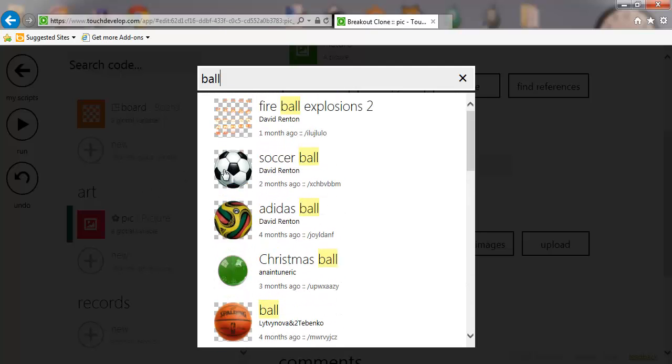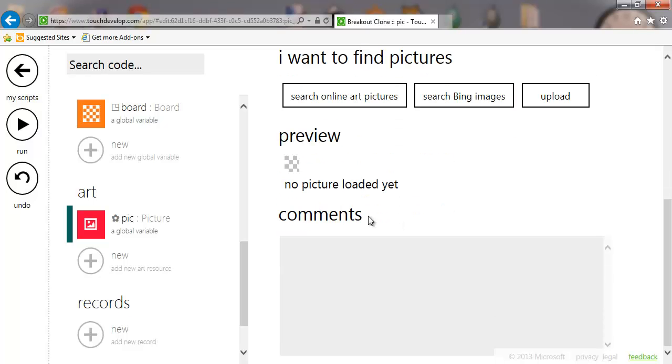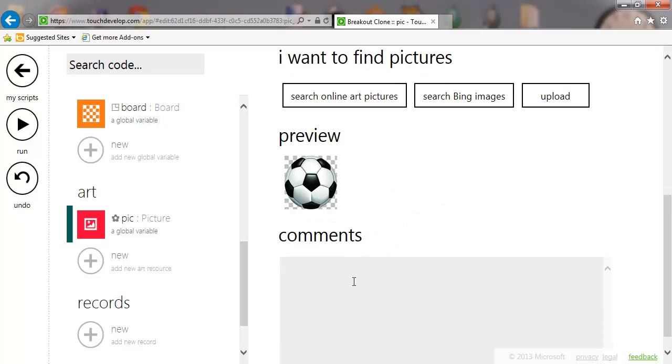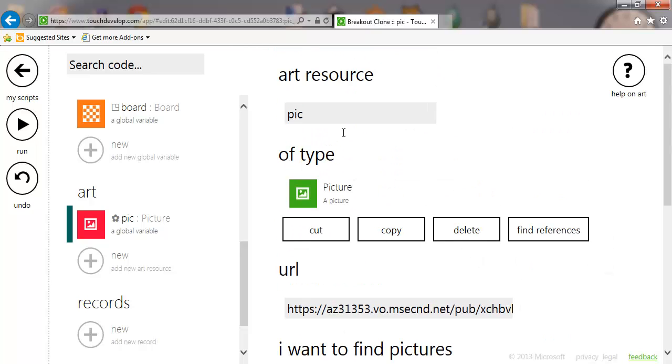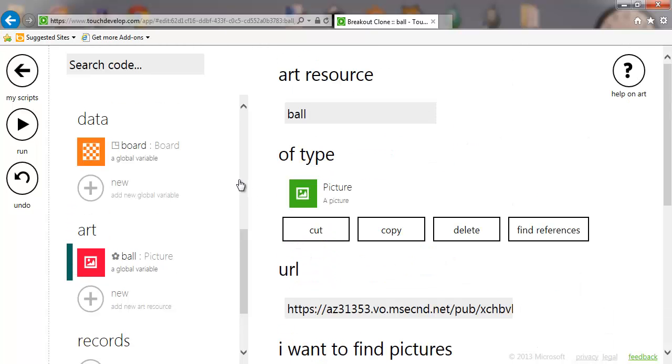I'm going to take this one because it's copyright free. There we go. You can write a comment there, nice. Right. And we're going to call that ball, being very original. There we go, we've got ball loaded in now. Go back into main,